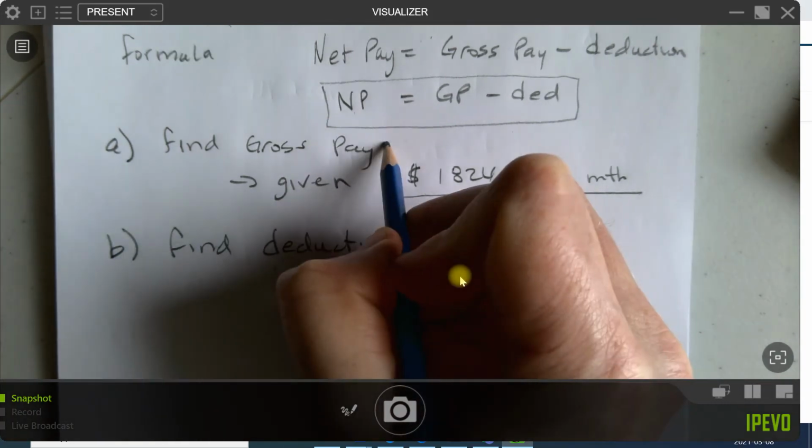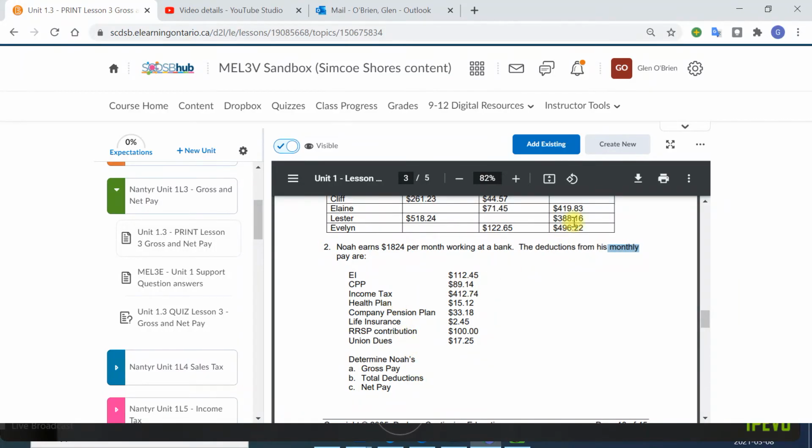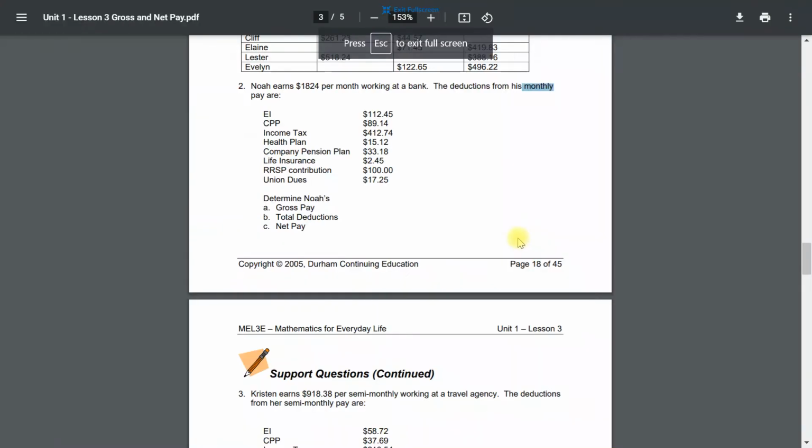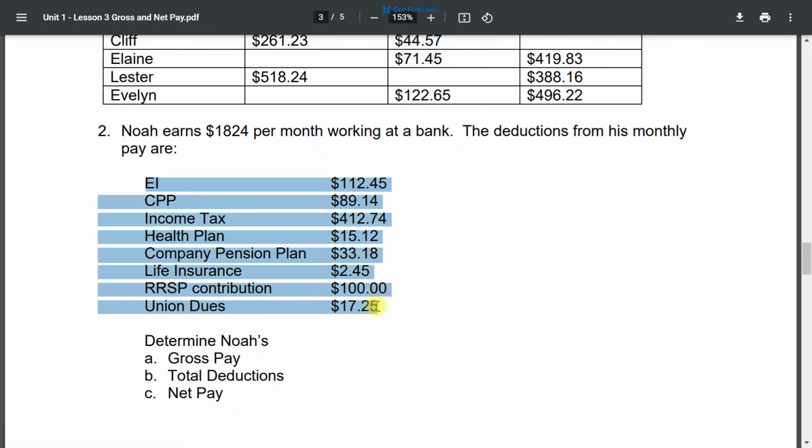So what are the deductions? Well, you go back and look at the question, and there they are right there. Let's make this bigger so you guys can see. There are the deductions right there: EI, all that kind of stuff. So to find deductions, I'm going to add those all up. Deductions is going to be equal to $112.45, that's my EI, plus my CPP,